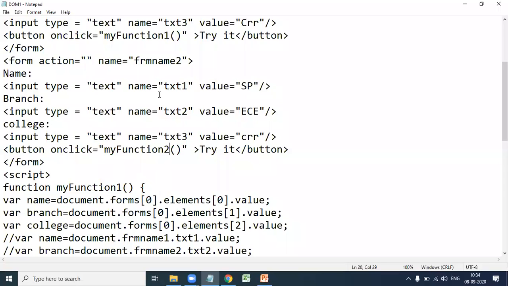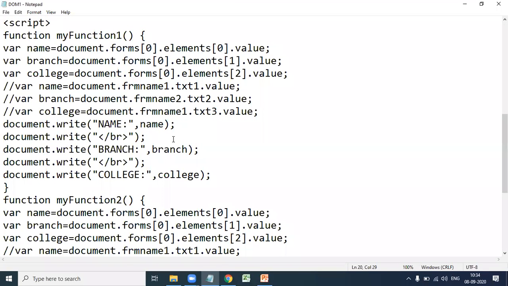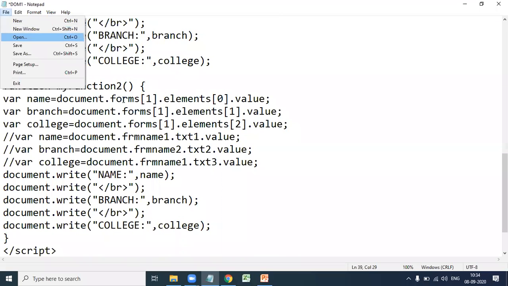So in the second function, myFunction2, if you want to access the elements in the first form, forms of 0. If you want to access the elements in the second form, forms of 1. See here, forms of 1. If you want the elements in the first form, document dot forms of 0.